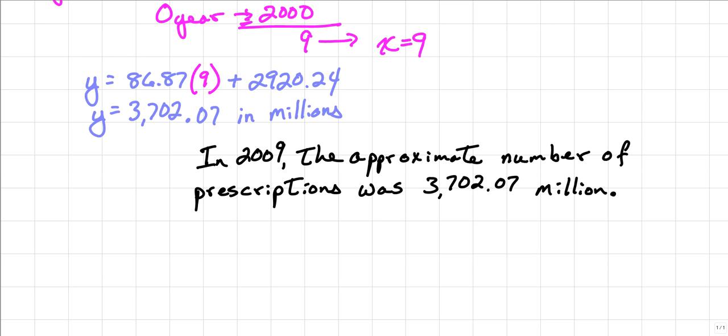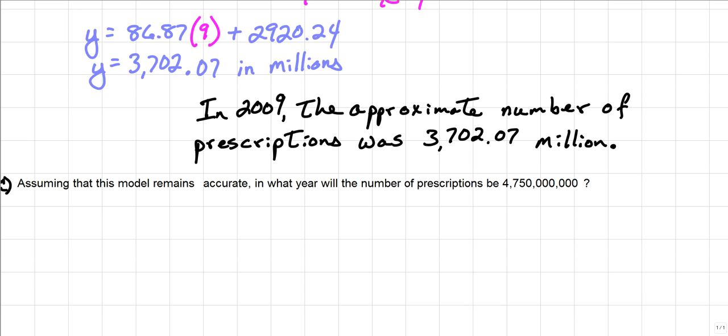Alright, now we've got the third part of this problem, which states that assuming that this model remains accurate, in what year will the number of prescriptions be 4,750,000,000? Okay, this is in reverse of what we've been doing, because now we want to find